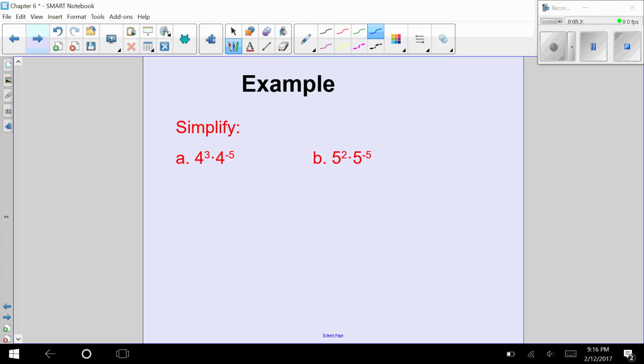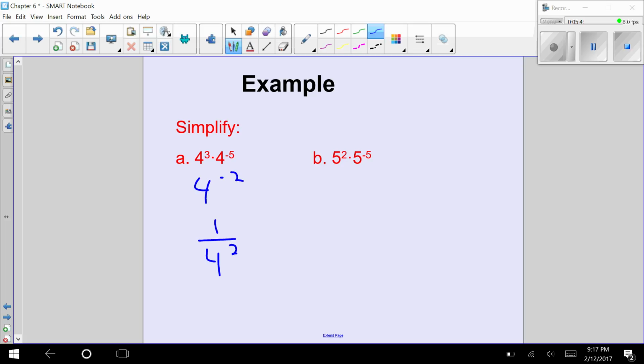Now we're going to look at these two. We're going to simplify and write our answers using positive exponents. So we're multiplying, which means that we add our exponents. So 4 to the third times 4 to the negative fifth gives me 4 to the negative second power. To write that with a positive exponent, I write 1 over 4 to the positive second power. For letter B,